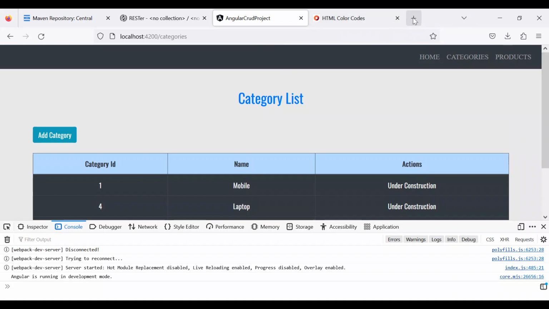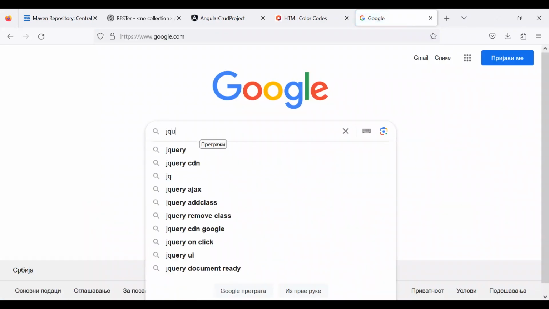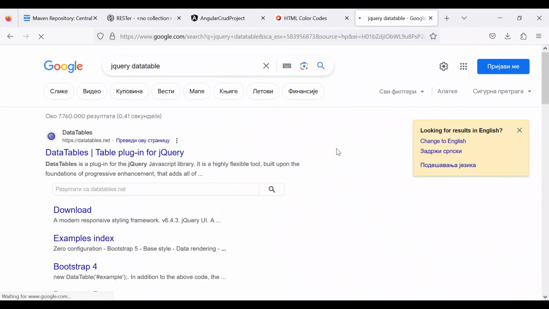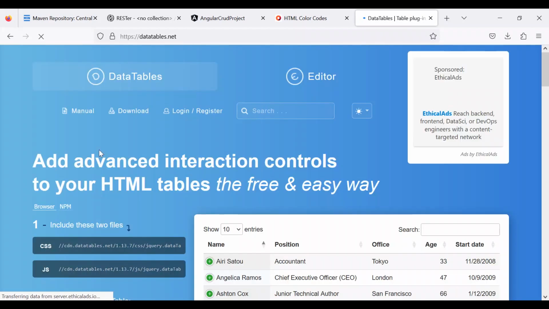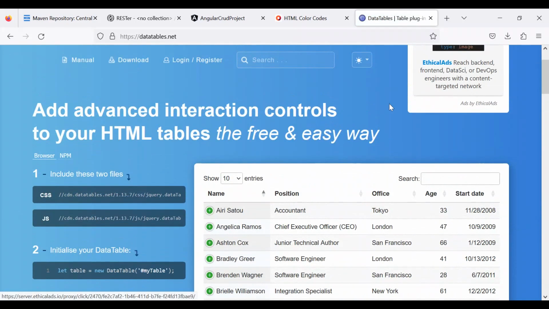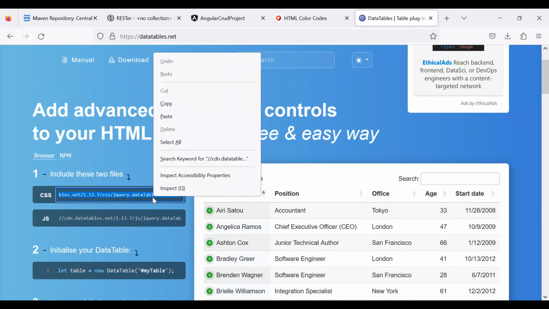And I will just go to Google and I will type jQuery data table. Let's click here, datatables.net, and let me see these imports. We have JS and CSS too. We need to include these 2 files. Okay, I will just copy this